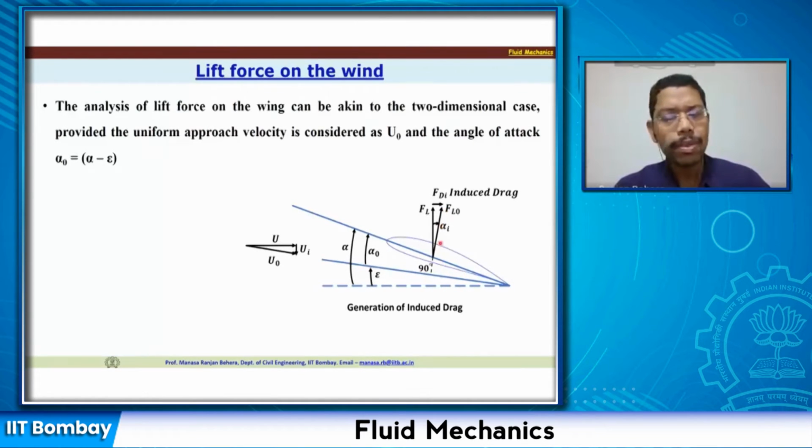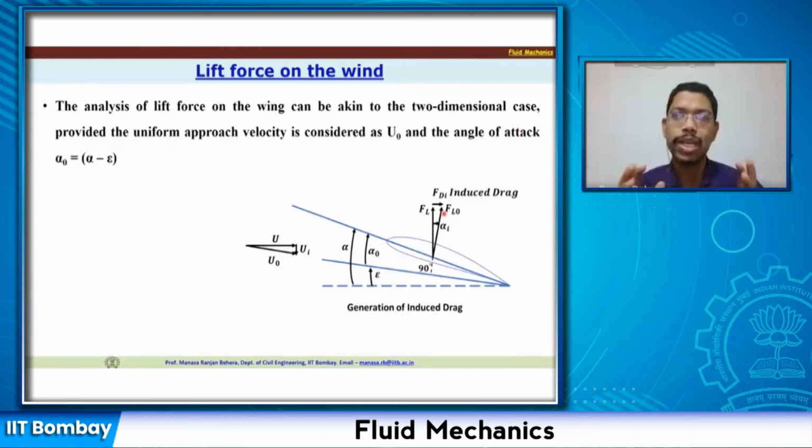Okay, so we have defined our lift force as the force that is perpendicular to the flow direction. So FL0 becomes your lift force, and now you resolve that force into the vertical and horizontal directions. Why? Because finally the body has to be lifted up in the vertical direction. We may be resolving this with respect to the fluid motion, but finally the body has to be lifted up in the vertical direction.